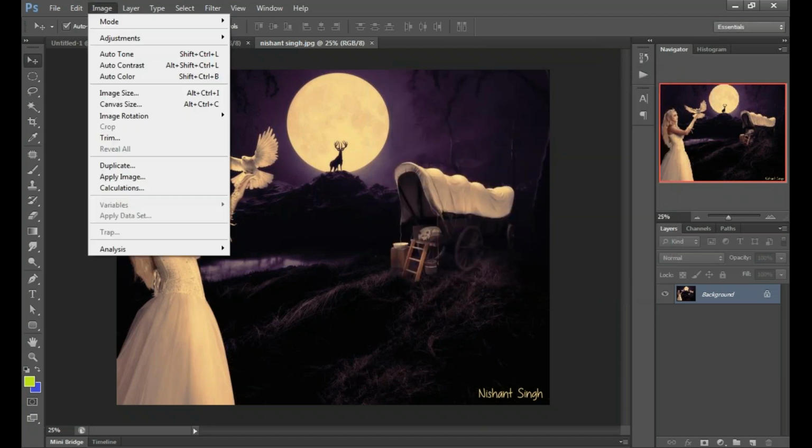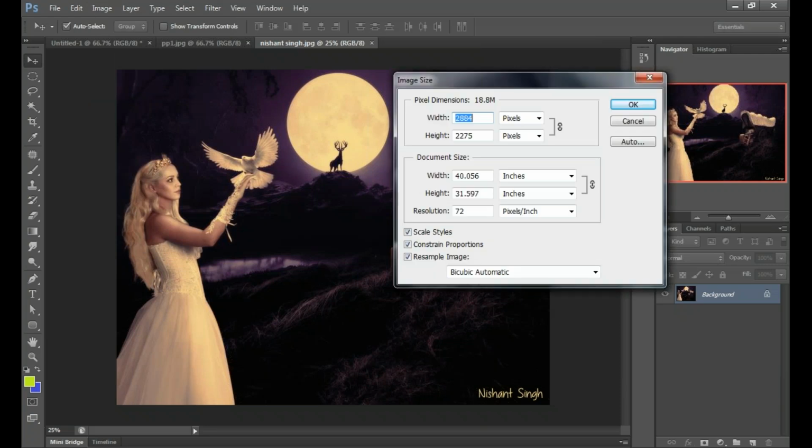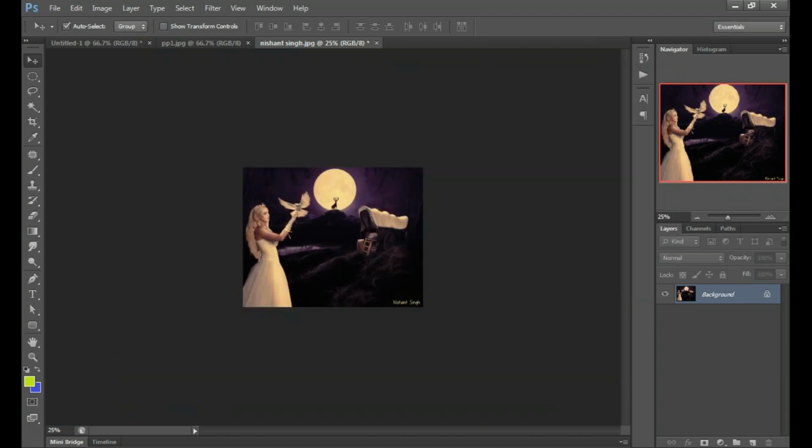So we will check again. Go to Image Size. In Image Size, we can see the size like 2884. Now we'll change it to 1200 only. Now the width is 1200 and the height is taken automatically as 947 pixels. Just click on OK. Actually, you can see a small image here, but it's not much small.